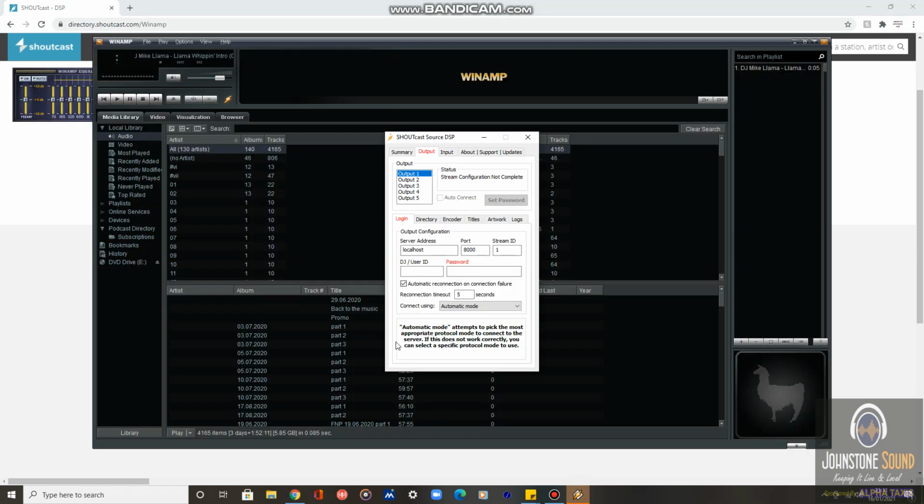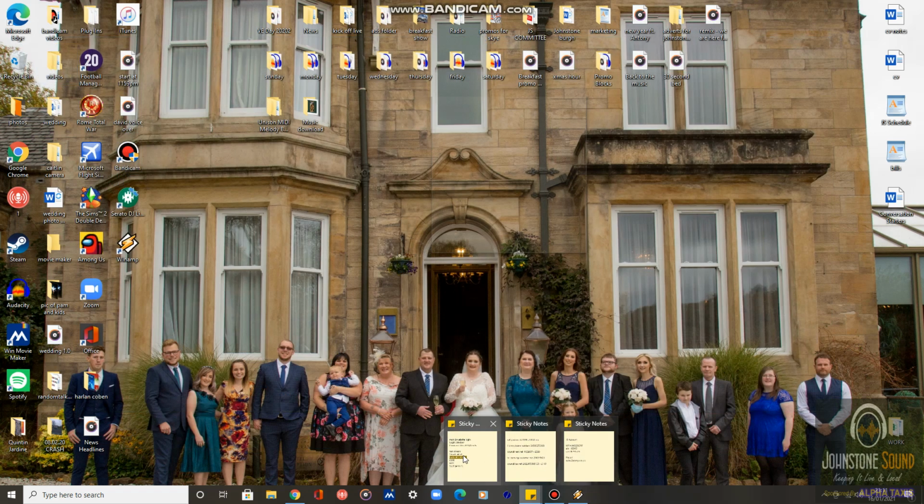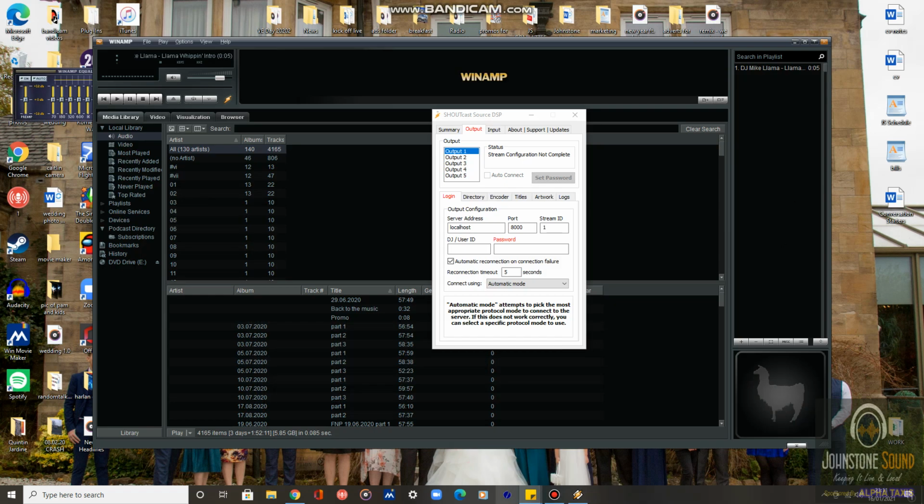So Winamp then wants to load, and this is what we're met with. So here we've got this little box, which is what we need. Now, first things first, we'll just get that up there, because I need that. So we just select output, so in this case we went for output 1. Your localhost, which is this one here, we'll say, yep, that's one we want to use, so localhost, we'll delete that, and then we just put in the